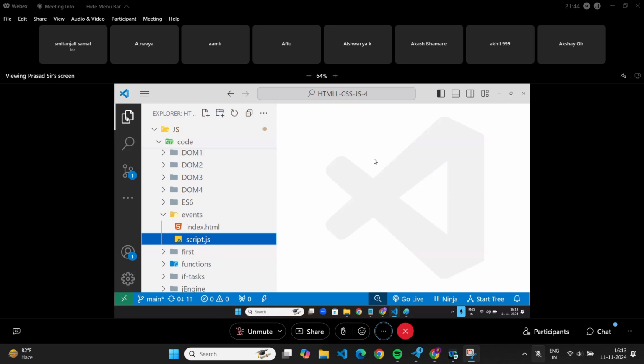What if I want to get data from the backend? How does this front end connect to the backend? What does API mean? All that will be discussed in these 1 to 3 days, till Wednesday. Once you know them, then we'll do something bigger in programming. Is it clear? Okay, let's start.